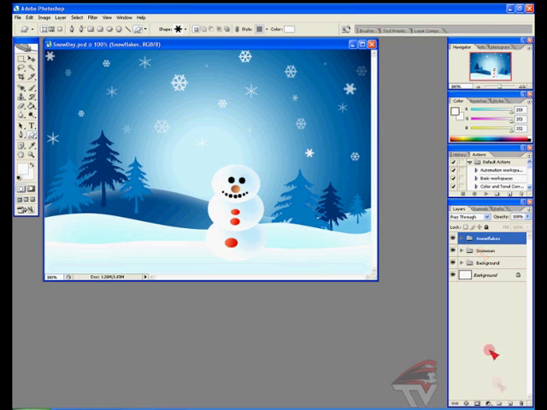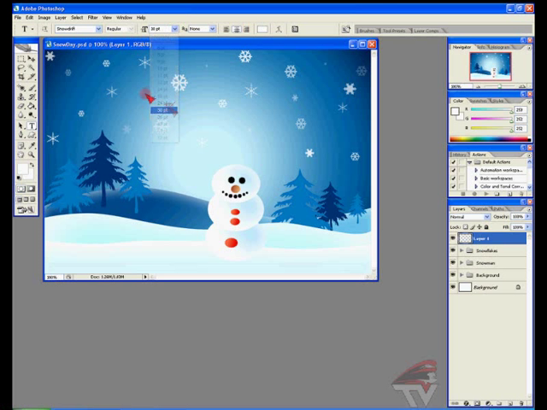So I'm just going to come down here and add a new layer, and I'll just grab my text tool. And now I'm going to use the Snowdrift font. You can use whatever color you would like to use. I'm just going to stick with white. My first message is going to say the Tuscarawas Valley Local Schools, and then I'm going to hit the enter key, and that'll put me on a separate line. Are closed today